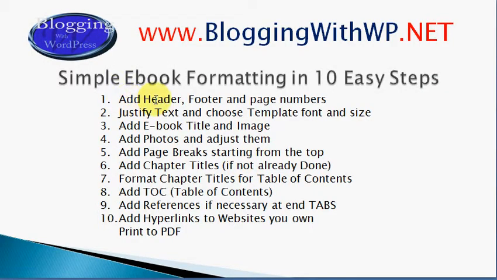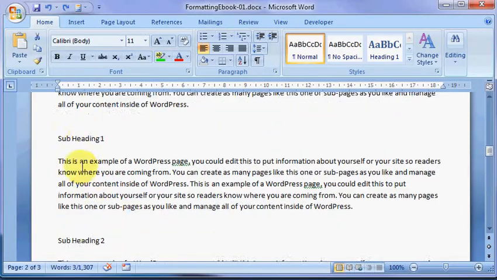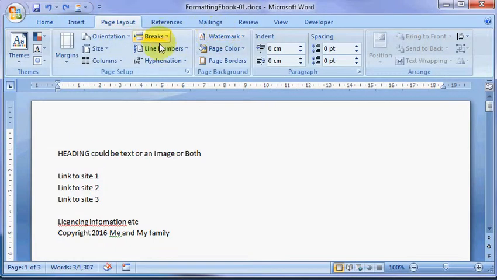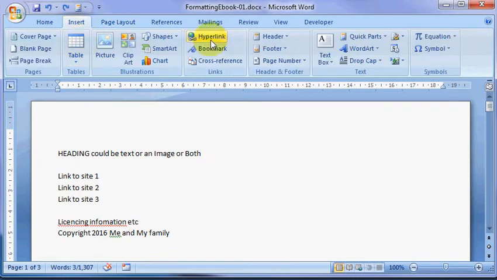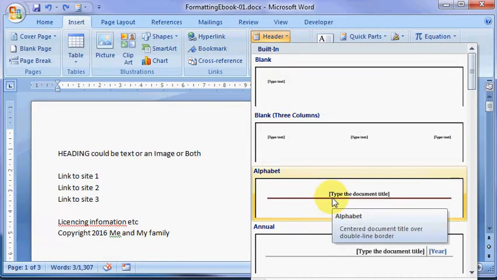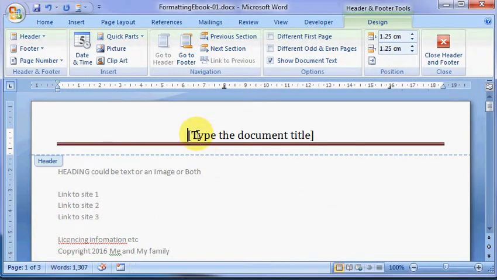So the first thing, we're going to add a header, then a footer with page numbers. It's very easy. All we have to do, there's two ways of going here. We can either just double click up here in the header footer, or we can go page layout, insert, insert header over here, and we can choose some different types. We'll just put this one in. We can type in what we want to, blogging with Paul,